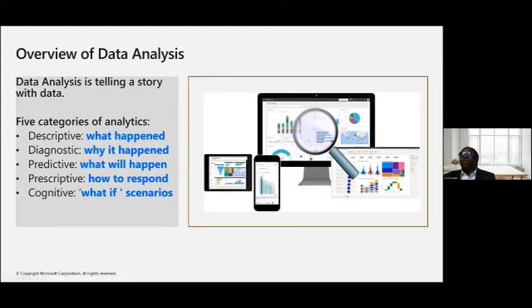The colors don't have any correlation. So the colors here should match the colors here. So when you know that this green represents this, it flows through your whole dashboard or your whole report. So that's where colors come in. Colors have meaning. Green is generally used for something that is a positive